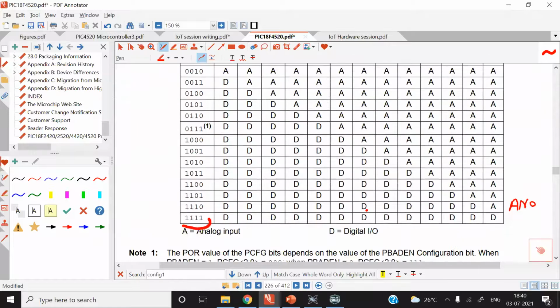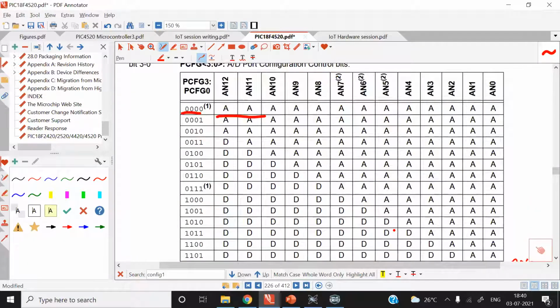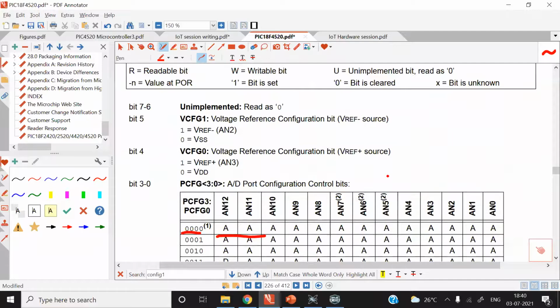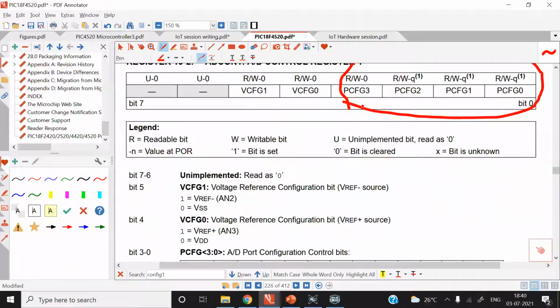So in this program we will consider all channels as digital input output channels. We will put here 1 1 1 1 and here 0 0 0 0.